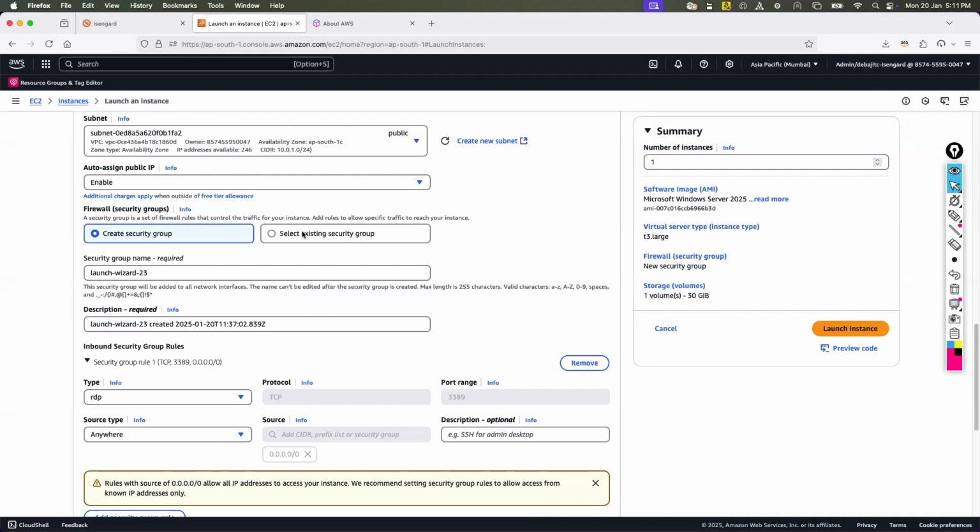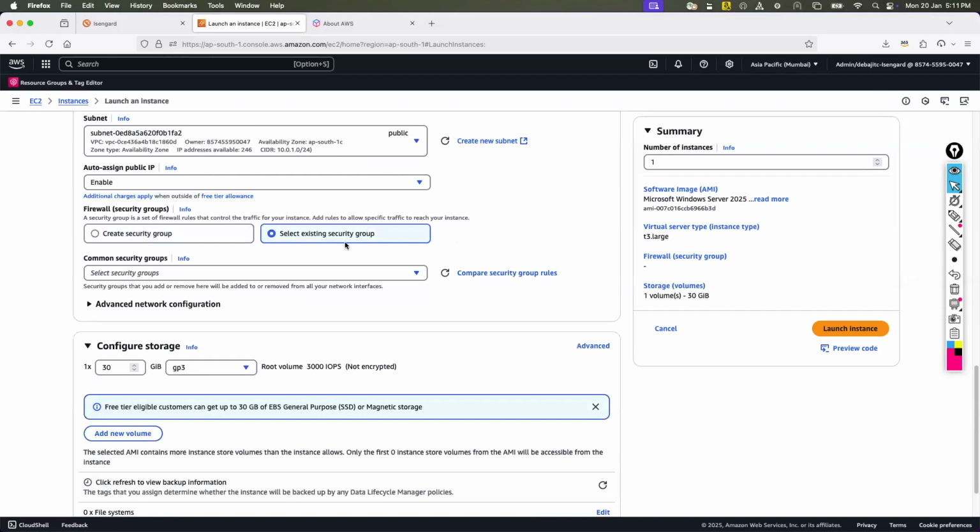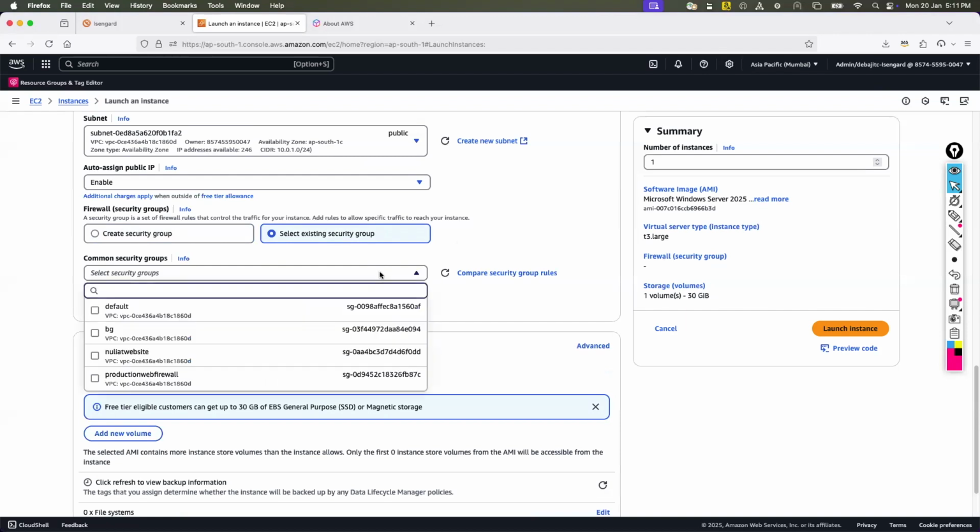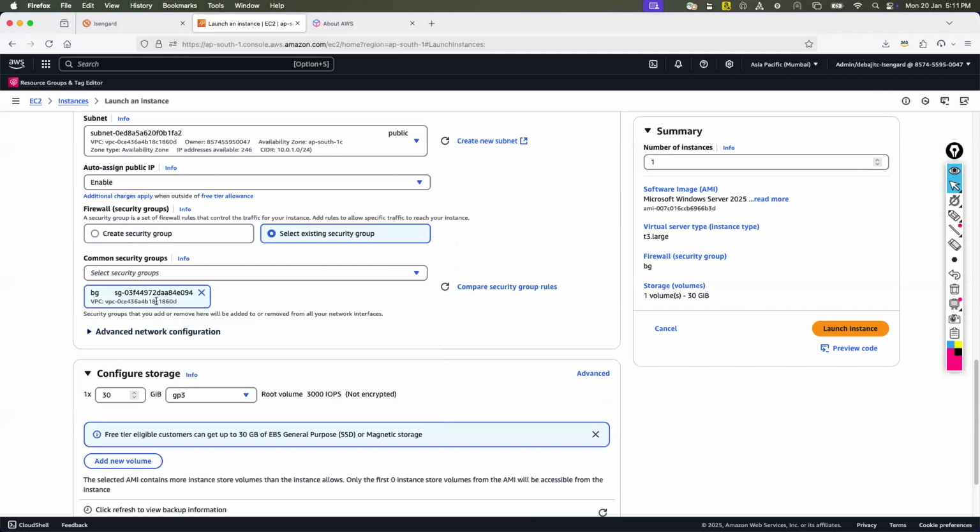But at this stage, in the interest of time, I can choose my existing firewall that I've already created for another batch. So I simply can go and choose my firewall, which is BG, something like that.